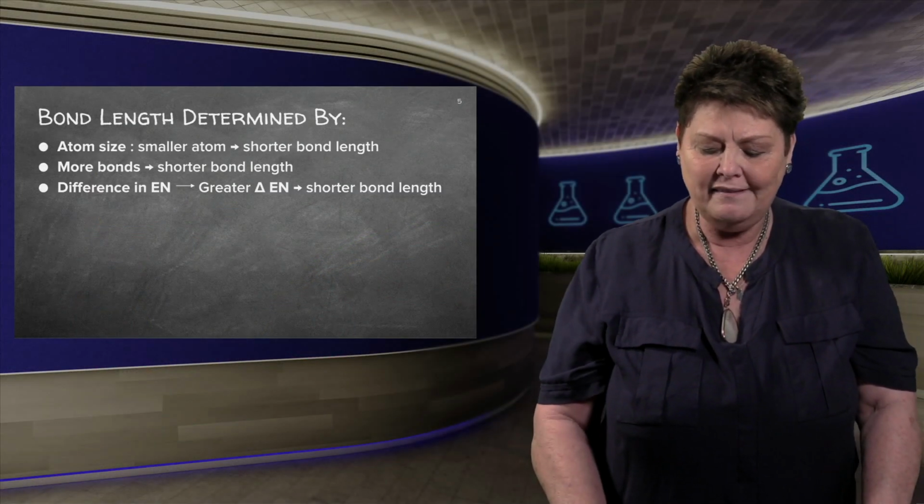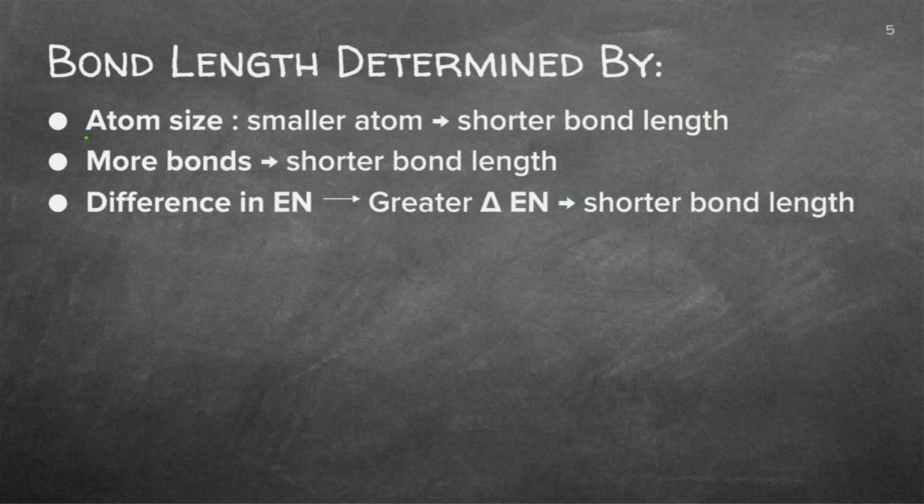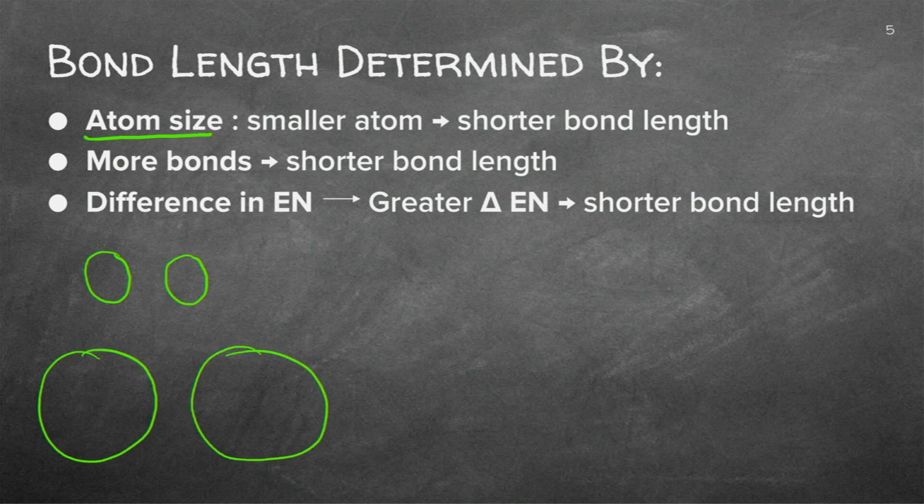The bond length will obviously depend on the atom size. You can think the length between two atoms that size and two atoms that size will be different. Why is it different? Here I'll have more electrons, which will repel each other. So firstly, the atom size: the smaller the atom, the shorter the bond length. The second aspect, it depends on how many bonds it will form.